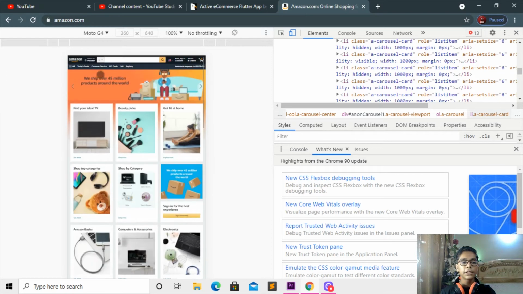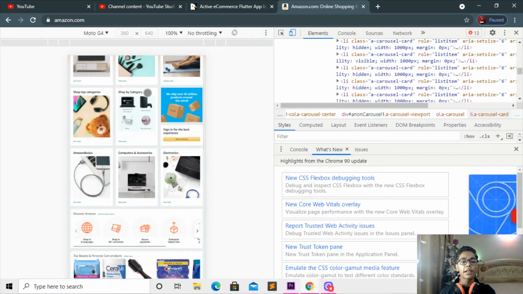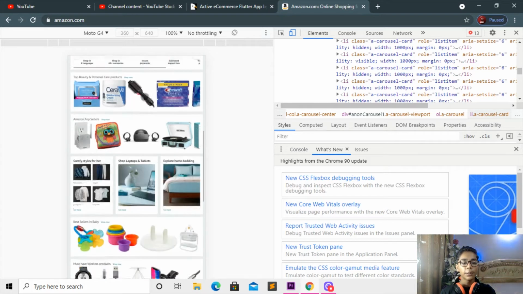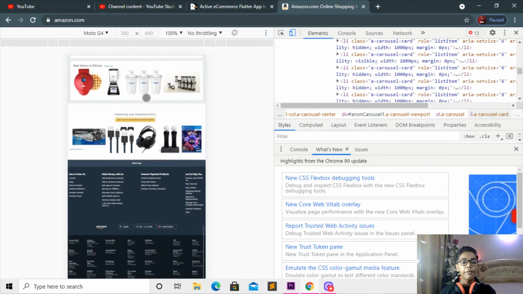In this e-commerce app, first of all, we are getting a logo of Amazon. So here I've made an Amazon-like e-commerce app. You can also make your own e-commerce app and take your own logo or any other logo you want to. Then you can also select your own city and many other things. You can also select your account, your country, and you can select the shopping cart. You can also add your own products. I have added some of the products previously, you can see that. So I am making this e-commerce app here, and I hope you will be enjoying that.